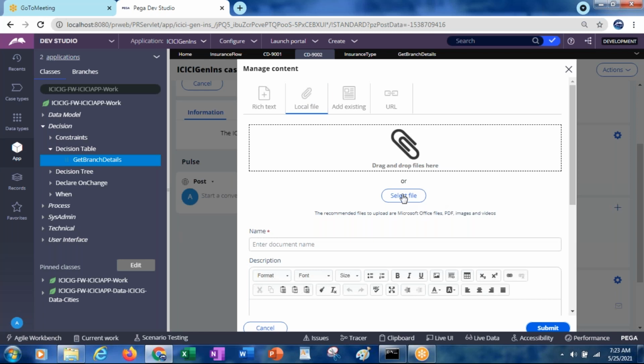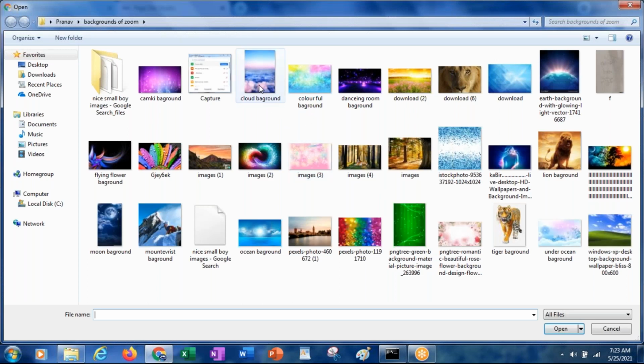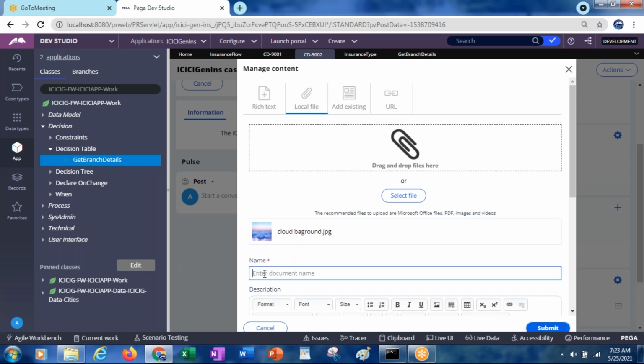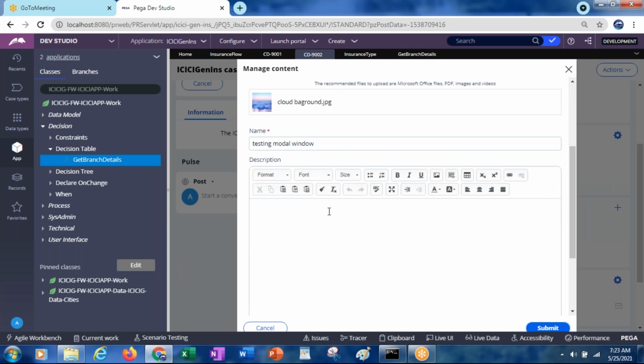Select a file or drag and drop, select any file, and give some name for this, like testing model window. If you want, you can add some description also.